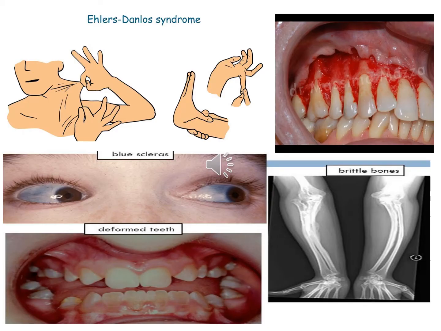These are the clinical diagrams. First one is Ehlers-Danlos, hypermobility of joints and digits. This results from defects in collagen type 3. Then the second one is osteogenesis imperfecta, which is a triad including blue sclera, deformed teeth, and brittle bone. This is osteogenesis imperfecta. And the upper one on the right side, you can see bleeding from the gums. This is due to lack of vitamin C, which is required for the hydroxylation of collagen fibrils.